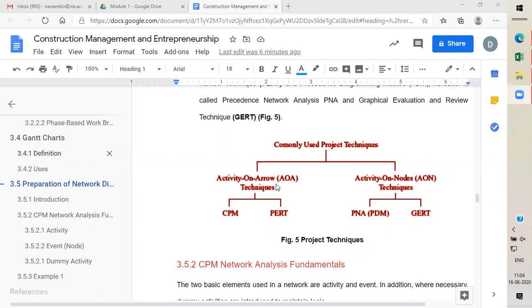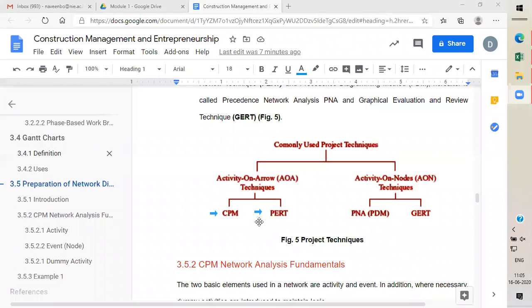In the activity on arrow techniques, we have two, PERT and CPM.